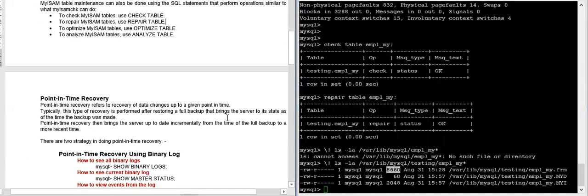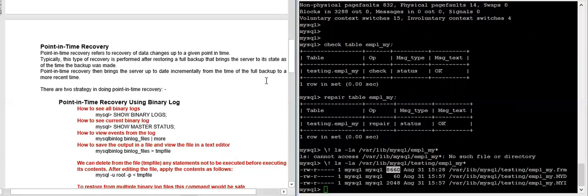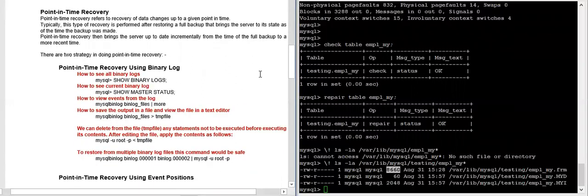Okay. Now, friends, we will discuss a very important topic, that is point in time recovery. What does point in time recovery mean? The word itself says something. It is recovery to a point. Suppose you have a last backup from a few weeks ago or last week on Sunday, and today is Wednesday, and you have dropped some tables or one table. How will you recover? Using the full database backup with your binary log.